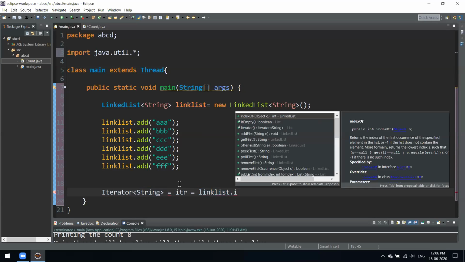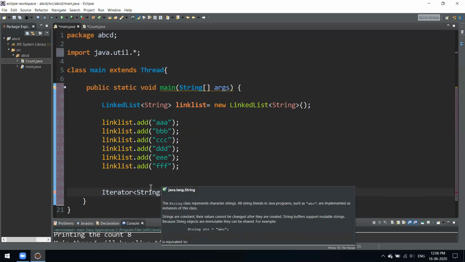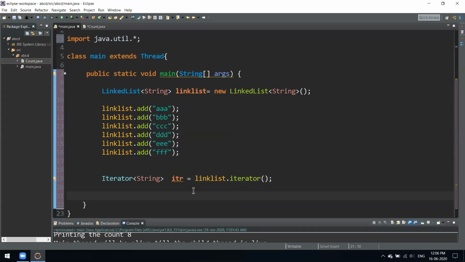The iterator method is there, and this will iterate over our linked list. There's some error over here. We wrote a double equals sign over there, that's why it was throwing an error. Now we can use a simple while loop to loop over it.